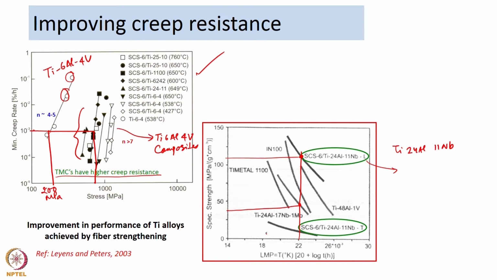So, you have Larsen-Miller parameter versus strength. The Larsen-Miller parameter tells you the time or temperature; for a given value, let us say the temperature is constant. To achieve a certain rupture life you need to apply higher stresses for the composite compared to the material without the fiber strengtheners. So, that is the impact of adding fibers or dispersoids into a material, and they also improve creep resistance.